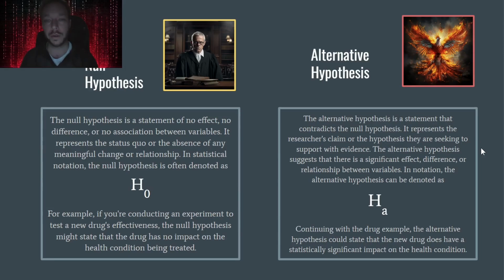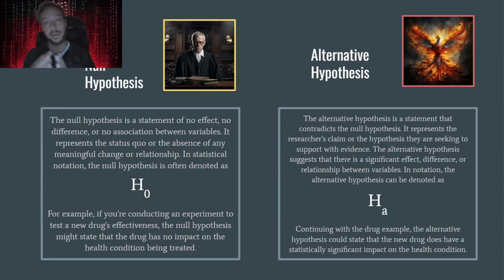Okay, so a really important concept to understand is the difference between a null and an alternative hypothesis. So the null hypothesis is kind of, I like this grumpy old judge right here as a good example. It's kind of what existed before. It was the accepted norm before, what was generally valid? What was the generally accepted principle before you want to try and introduce your alternative hypothesis, which is generally what